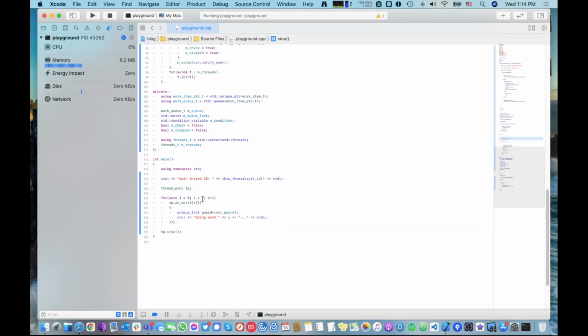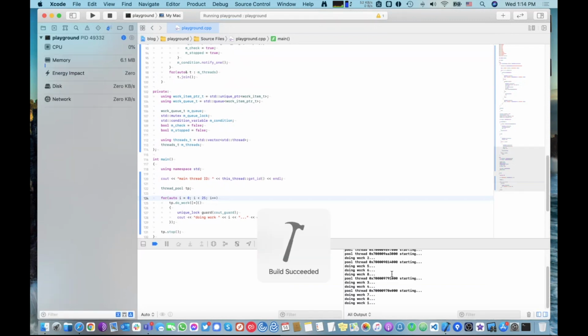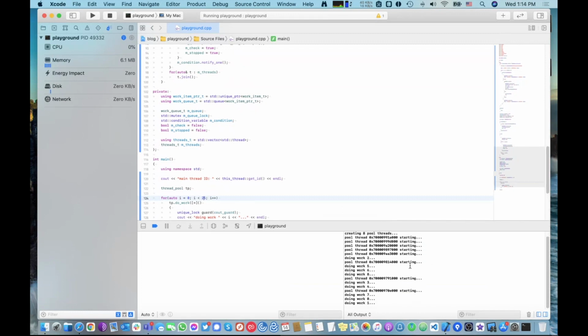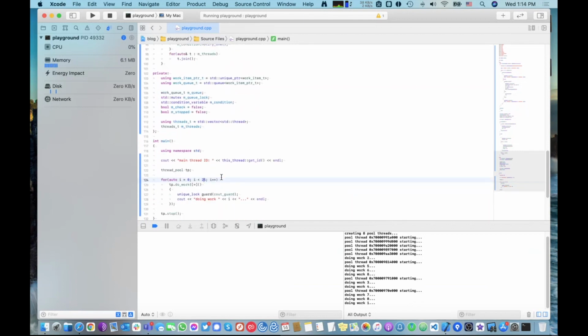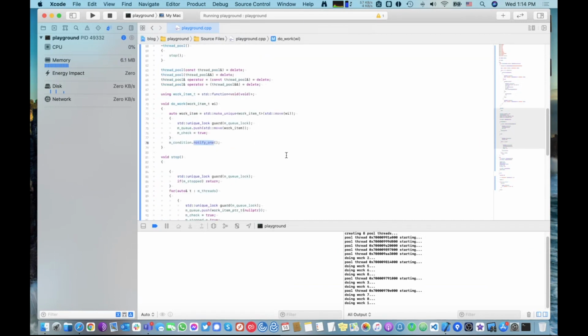Let's see if we can work through this. First, let's see if it will take more work items than there are threads. This should tell us that they're getting to do the work, and as I suspected, they're not. We're pushing the work on here so quickly that it calls notify one every time we add a work item. But at some point, all the worker threads on a pool are actually busy doing the work. So this notify